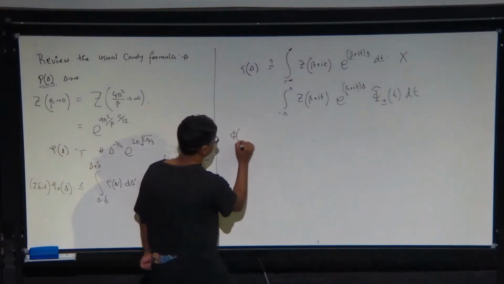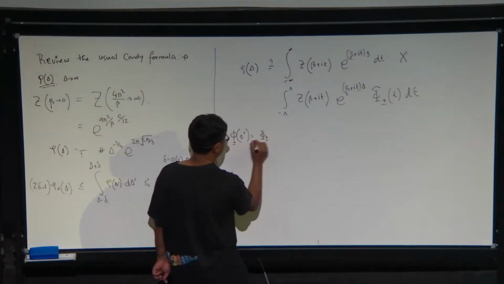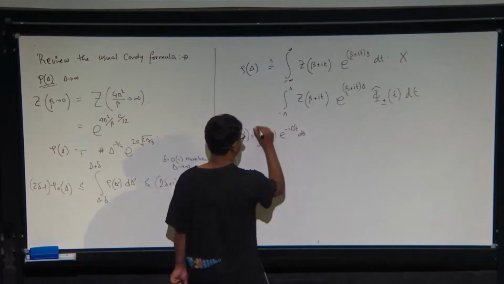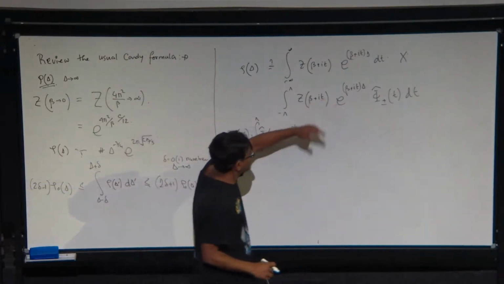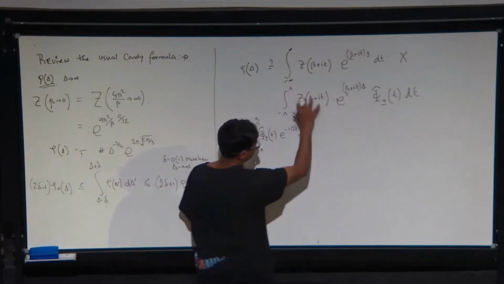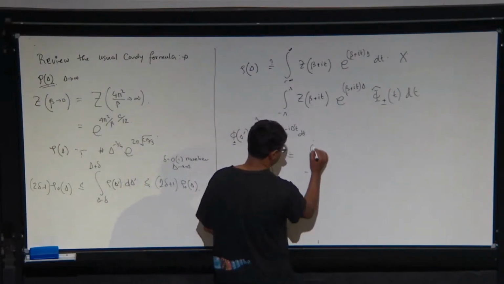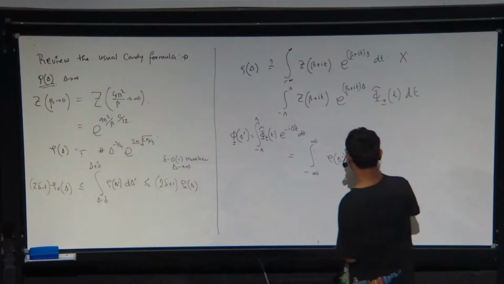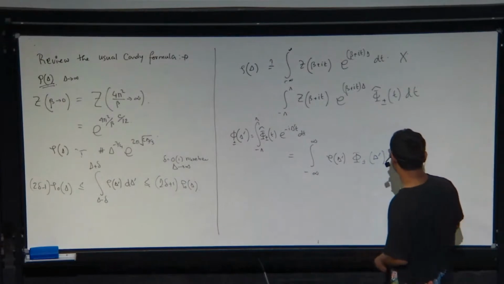So basically we introduce phi of delta prime, which is phi hat plus minus t e to the power i delta t dt. So basically from this domain, I go to delta prime domain. And if you plug this in and do the t integral, then you will see that this becomes the integral from minus infinity to plus infinity of rho of delta prime phi plus minus of delta prime